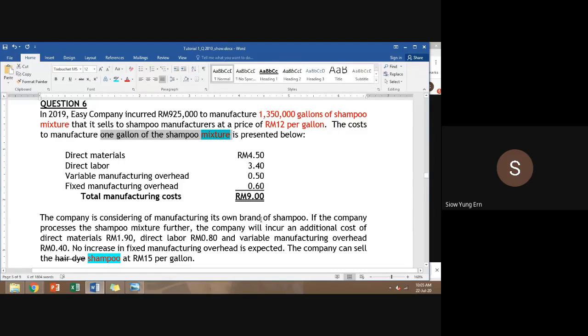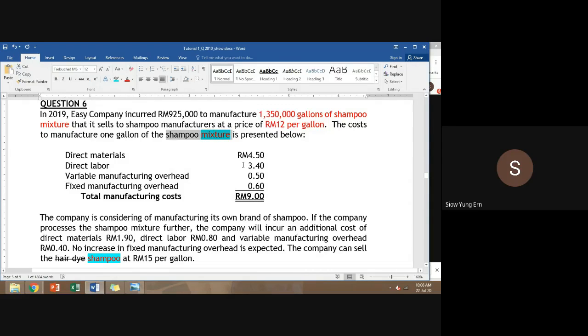So your direct material is 4 ringgit 50 cents, direct labor 3 ringgit 40, variable MO 50 cents, and fixed overhead is 60 cents. So total, when you add up your total manufacturing cost, comes up to 9 ringgit per gallon of